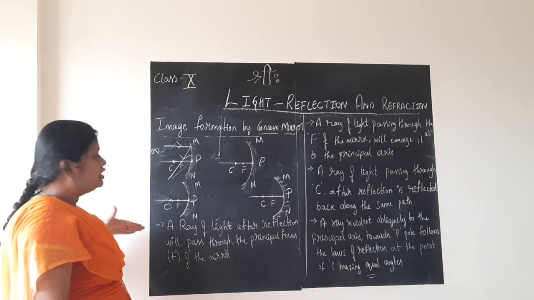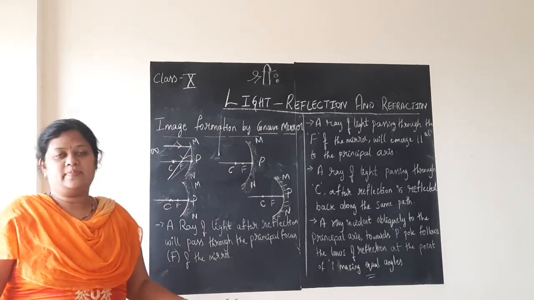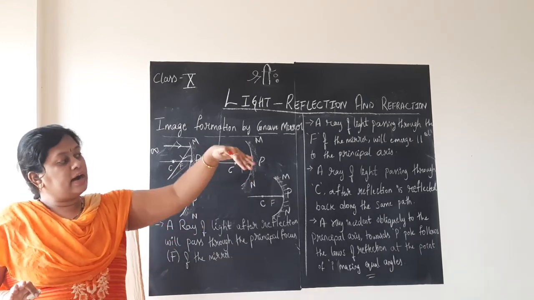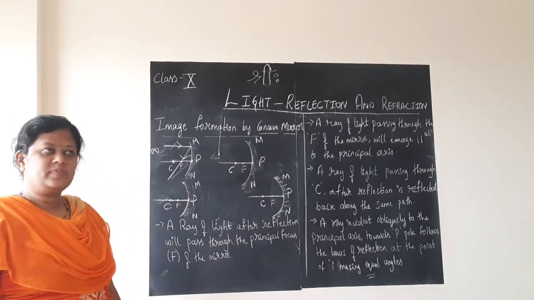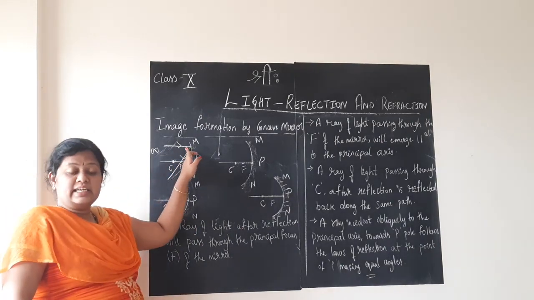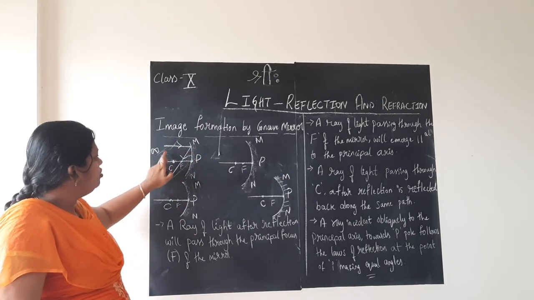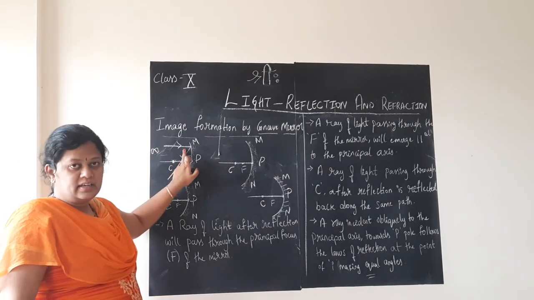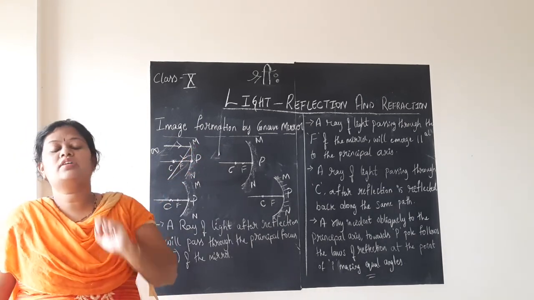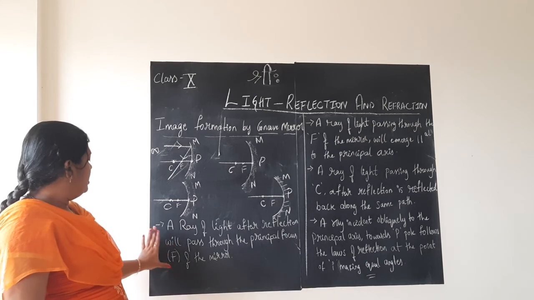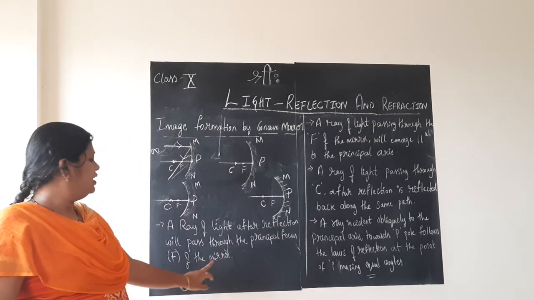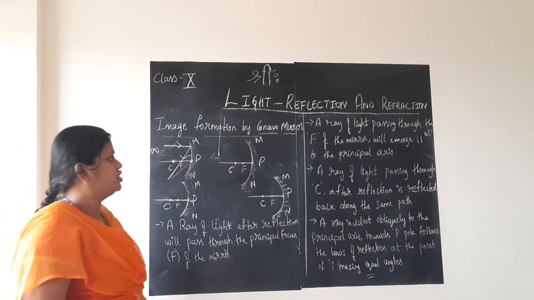So now, it can come from anywhere, but you cannot draw the line anywhere. There is a rule about how each ray of light should go. So a ray of light, if the incident ray is parallel to the principal axis, that ray of light after reflection will pass through the principal focus of the mirror. That is first point. See, it will pass through the principal focus, that is capital letter F of the mirror. That is about the first point.